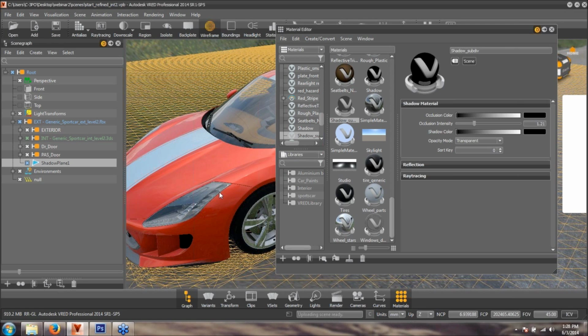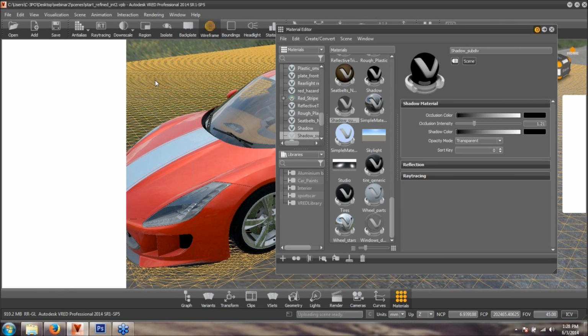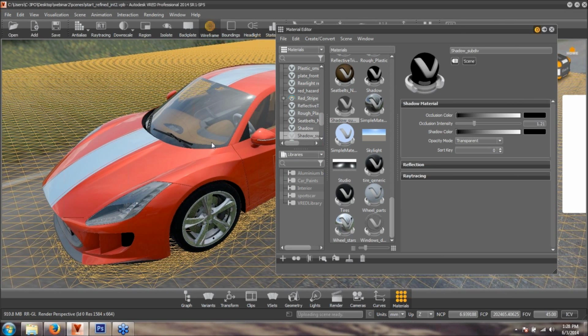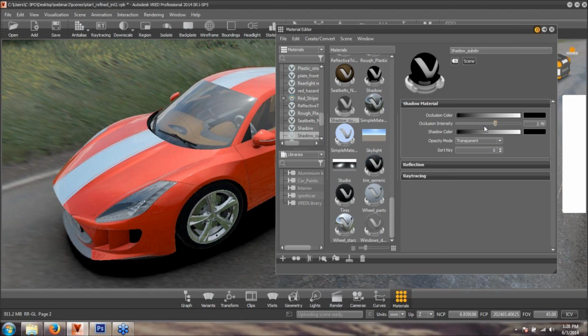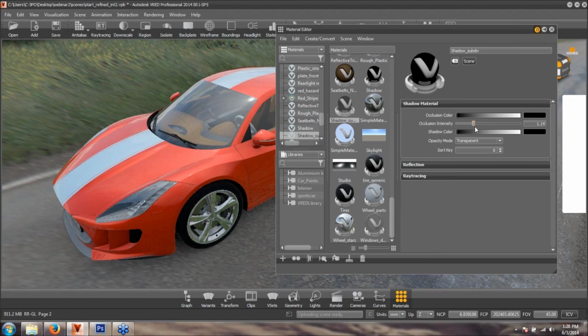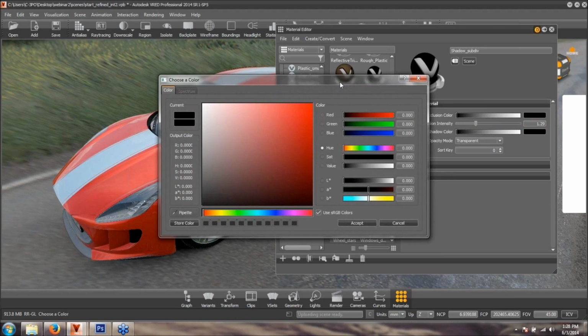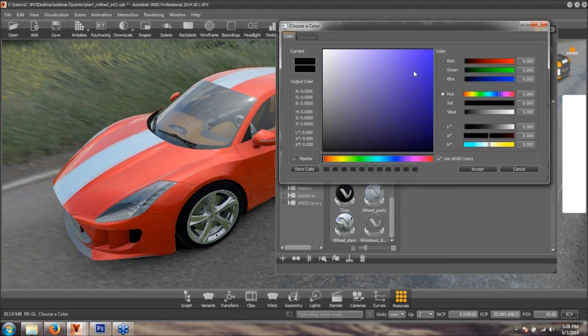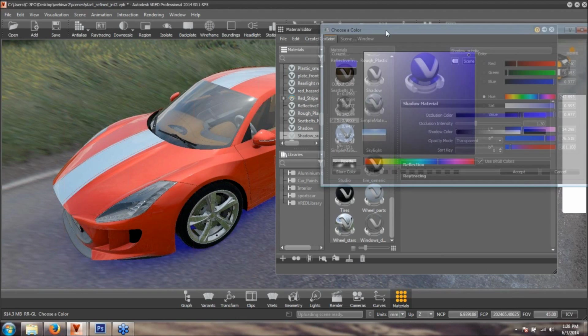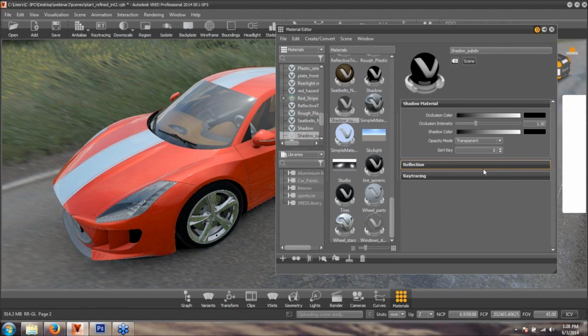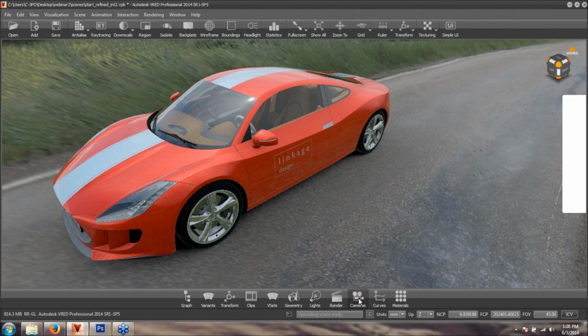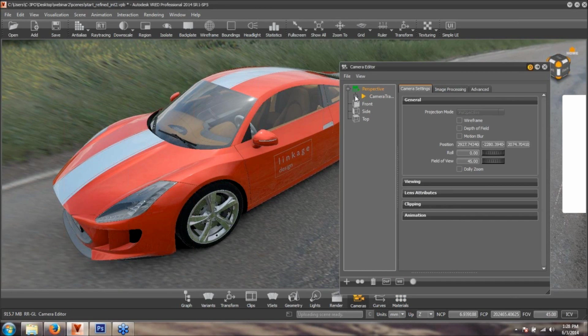So I have this shadow material on my ground plane, and I just wanted to mention that it is only opaque where the shadow exists. And if you want to darken that, in your shadow material, occlusion intensity makes your shadow darker. You can also play around with the color of that shadow. If for some reason you wanted it blue, you can see an interactive display of the color of my shadow being changed. So I'm going to cancel that,